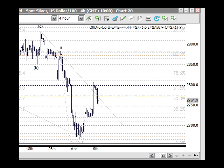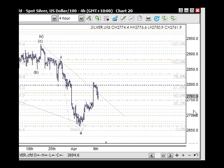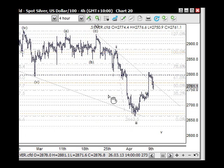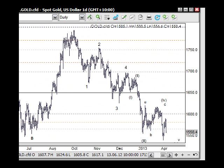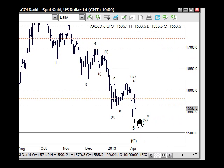The silver market has probably got the same. It's a bit more like the copper market as well. So it does appear that we've got this 5-wave structure up through here, but with gold and silver as well, we're not sure if we're calling this a wave A up here or wave 1, because in the bigger picture, even when we look at gold, if we go back to gold for a moment and have a look at the bigger picture here, what we felt here is that